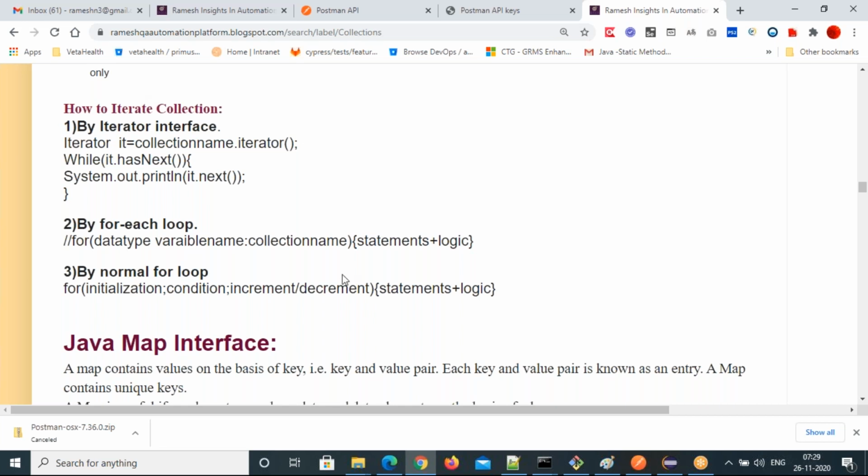That's all the theory part, and tomorrow I'll show you the programs with all these list and set collections. Then we can go for the map. The last one, map, is another important one, and we'll see that in the next class. Any questions? So on this iterator collection,